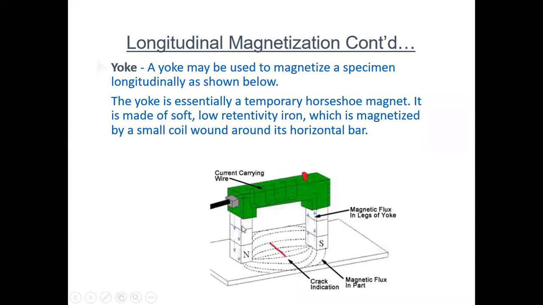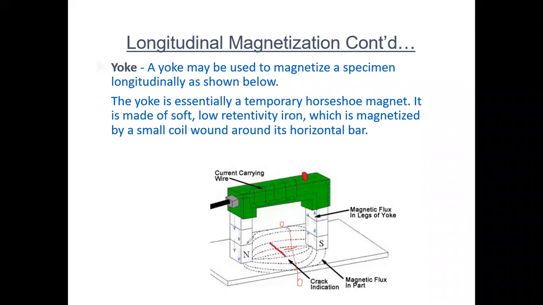Now this is yoke type equipment, and inside the yoke there is a coil, and in the coil current is flowing circular, and we are getting a longitudinal magnetic field, which goes to here. This line of force is going in this direction, and the crack is perpendicular to the line of force, so we can detect. If the crack is parallel to the line of force, we can't detect. Suppose the crack direction is in this direction, then this crack we can't detect. Then we have to put the yoke in this direction, and the field will flow like this, and this we can detect.